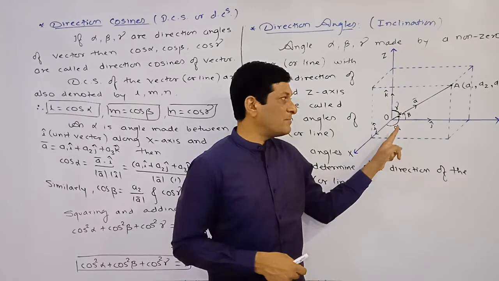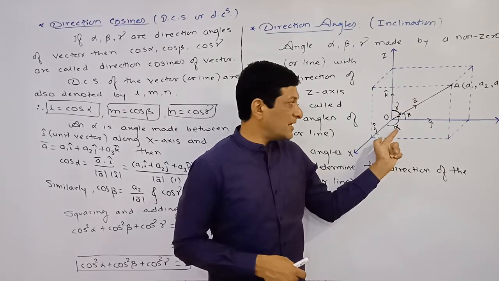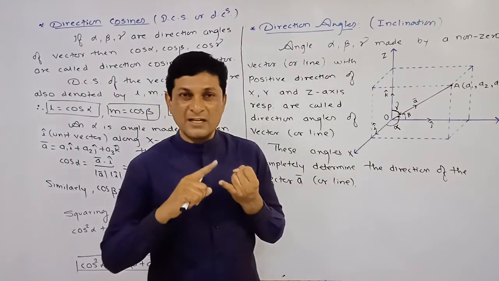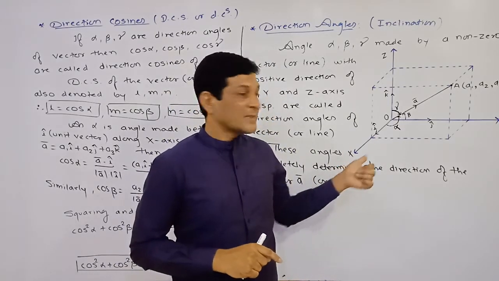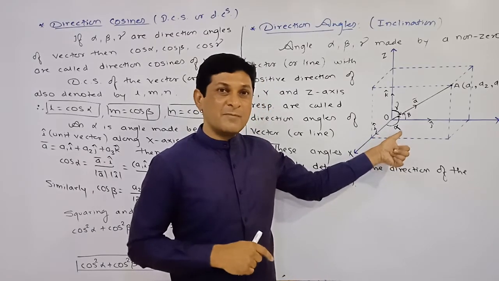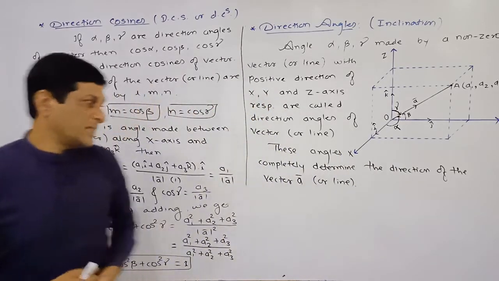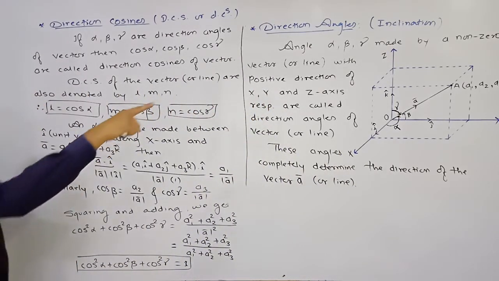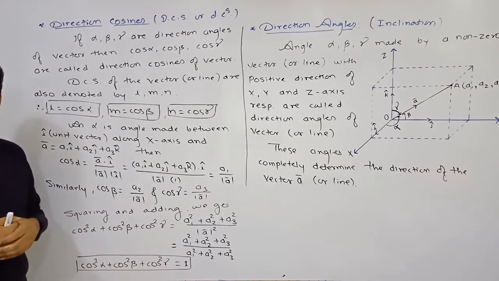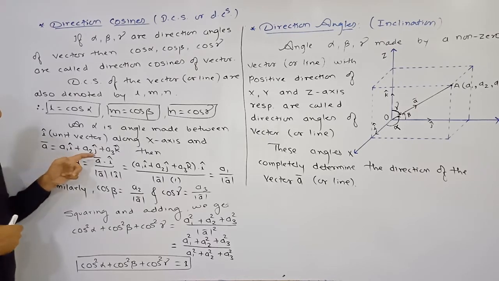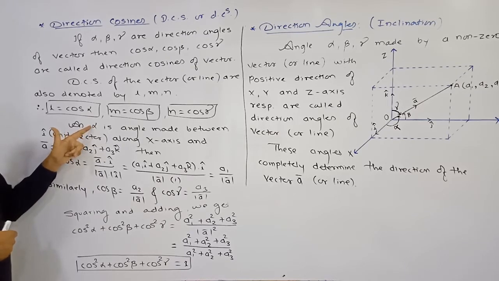So this a bar makes angle alpha with x axis, means in other words we can say that this vector a bar makes angle alpha with I cap also, because I cap is a unit vector along x axis. What is the angle made by a bar with x axis? Alpha. Means it is angle made with what? I cap also, because I cap is a unit vector along x axis. So that's why here we can say that already we have denoted the coordinate of that point by a1, a2, a3. That's why we can say that its position vector will be a1 I cap plus a2 j cap plus a3 k cap. So now alpha is angle made by this vector a bar with what? X axis, means with I cap.